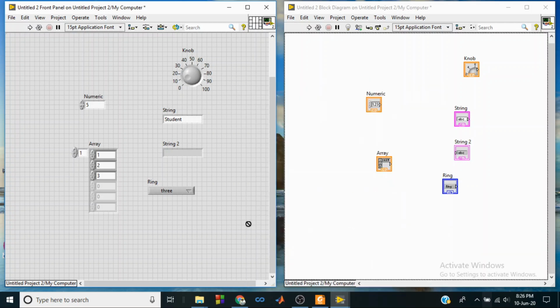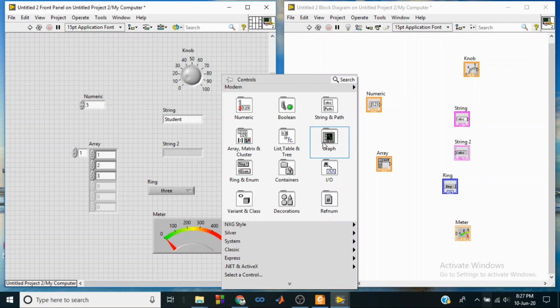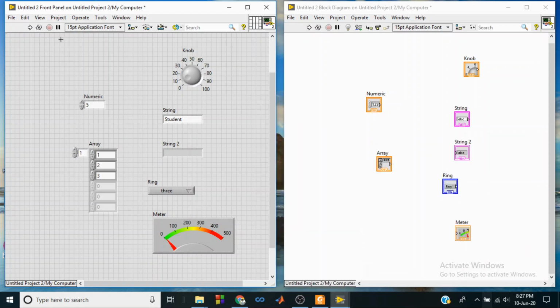I can also add a meter and change the input and also change the range. I can make this 0 to 500 maybe, and it changes accordingly. Let me remove some of the things from here.